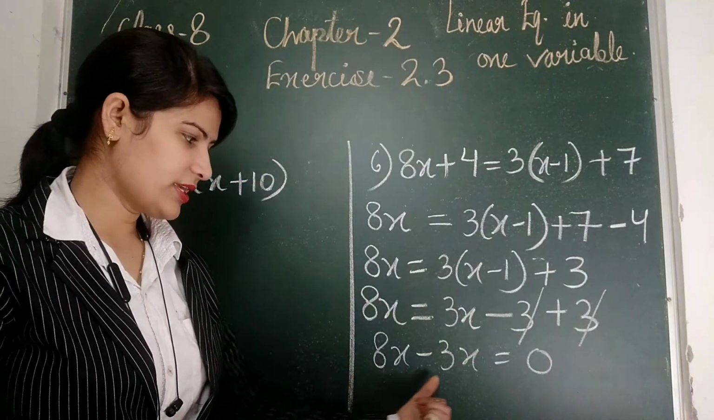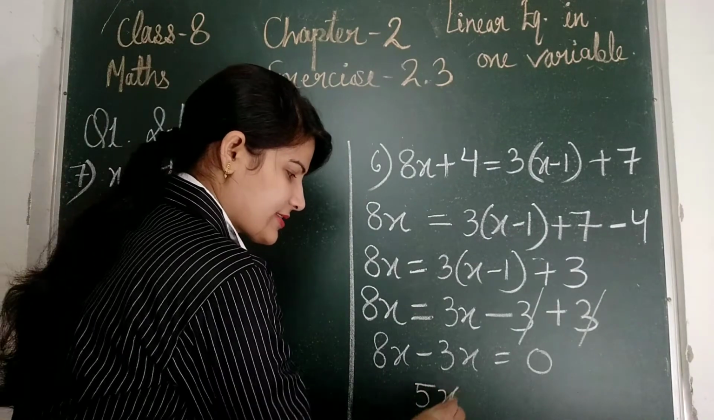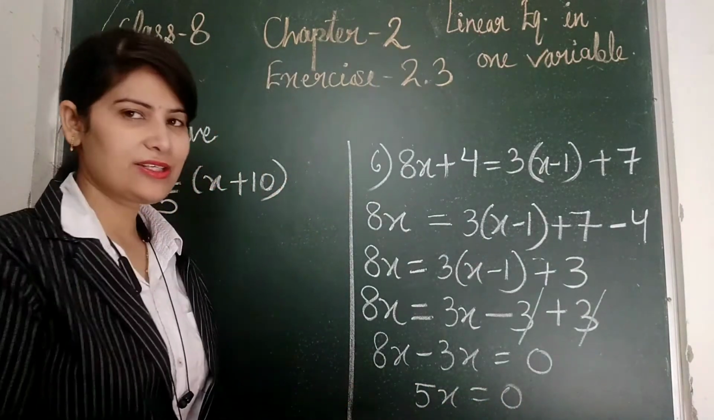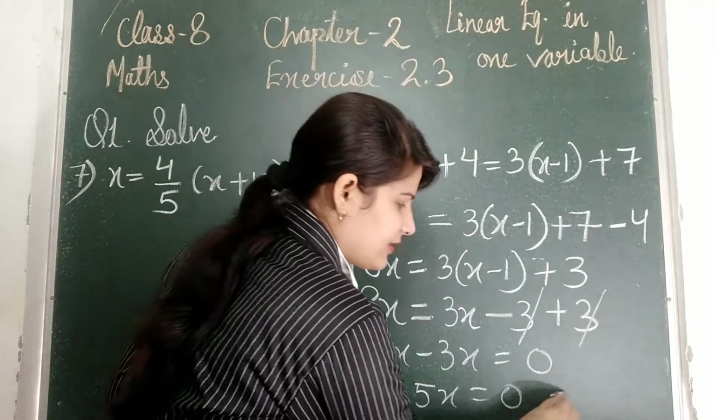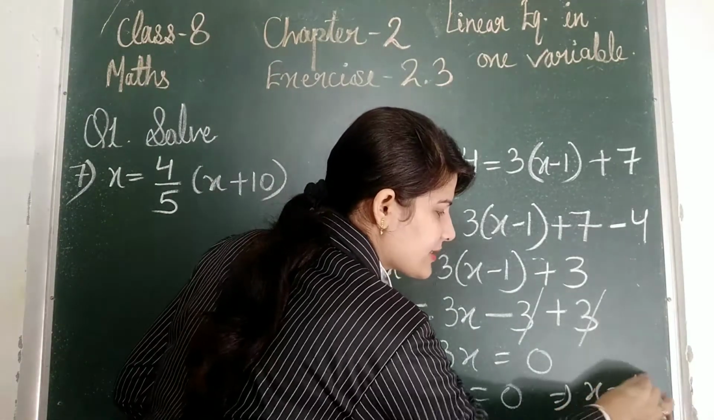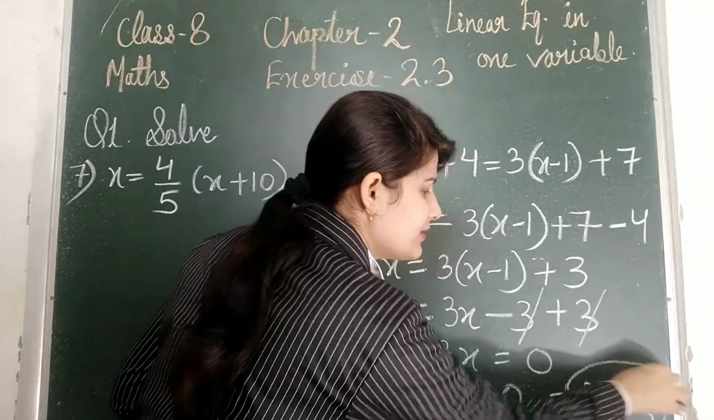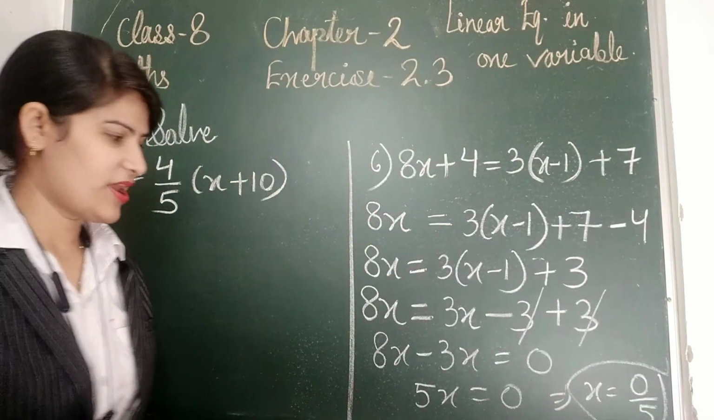Now what do we have to do here? 5x equal to 0. That means our answer to this question is, okay, solve like this. x, if you divide 0 by any number, you will get 0 as the answer, right? So x is equal to